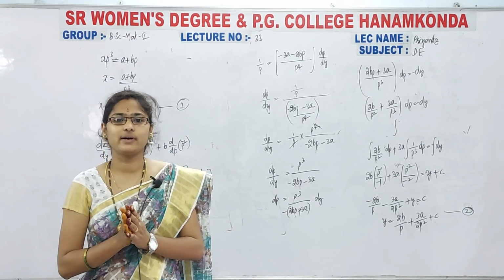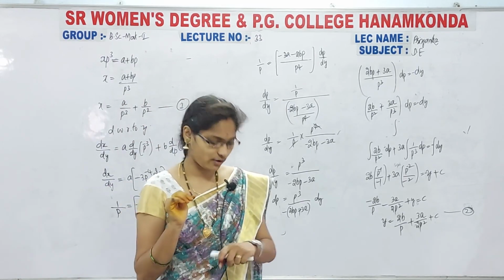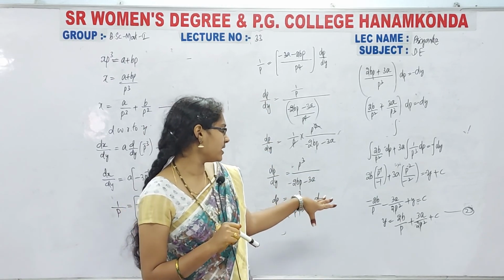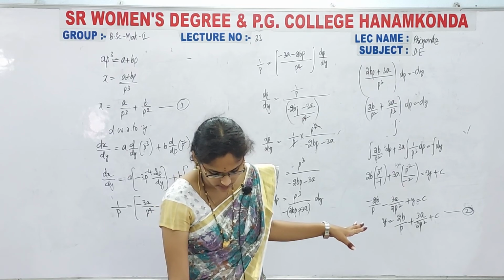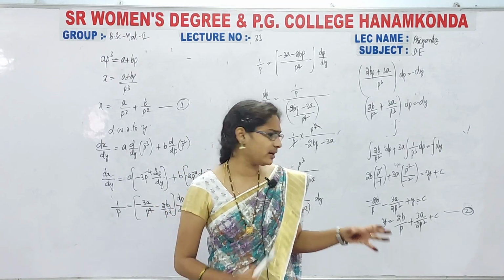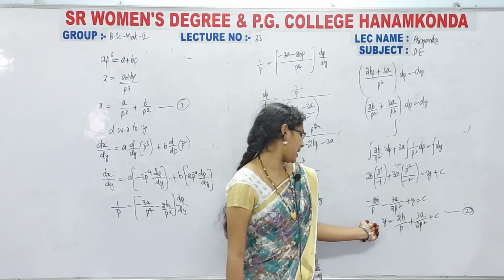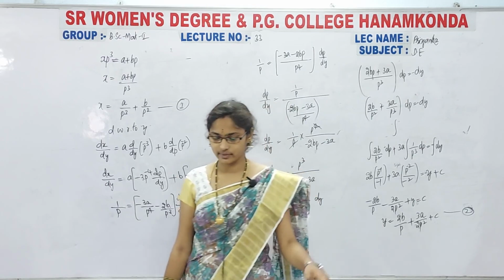So remember one thing, finally here we are discussing the concept of equations solvable for x, right? So definitely here we have to get the solution. How do we get the solution? That is nothing but that value does not contain any x term. So here if you observe clearly, I have that y and p only, I don't have any x term. So in that way you have to think.